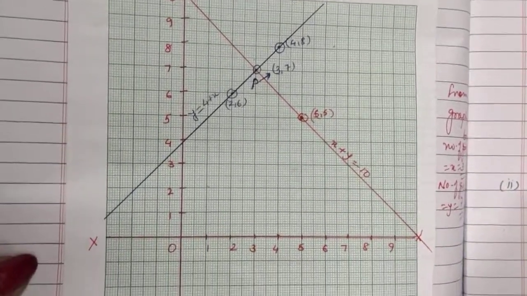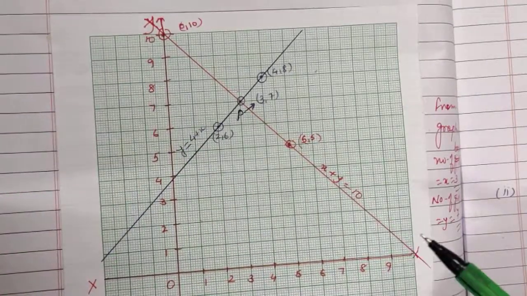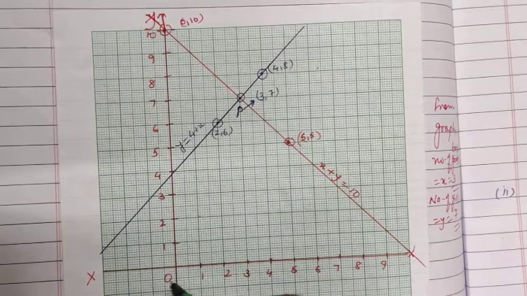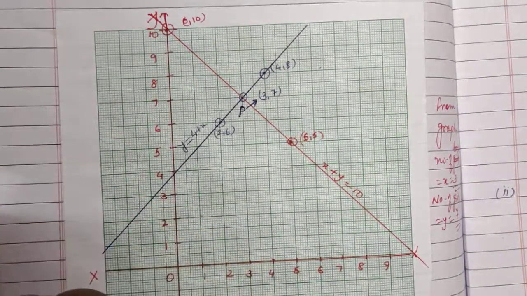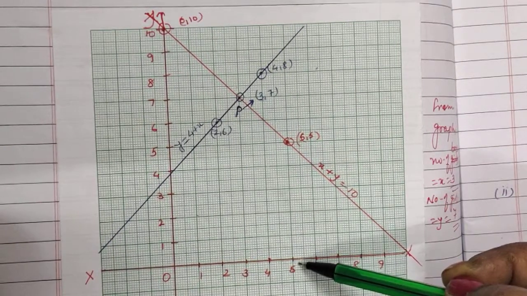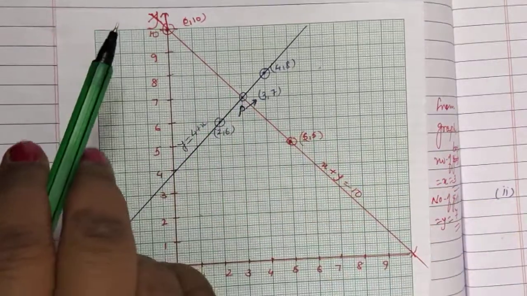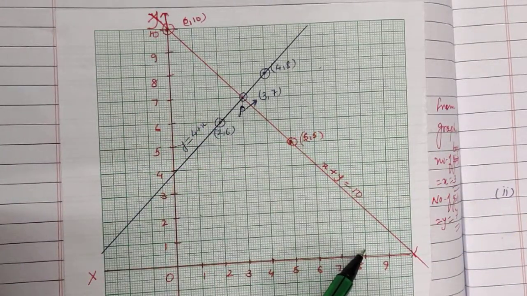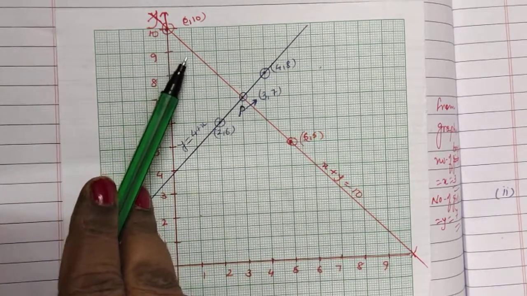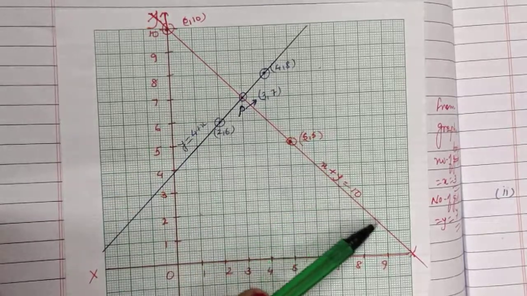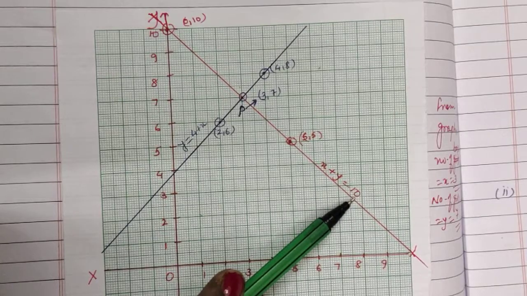So now I have drawn the graph. You can see here. For the first equation, it was 0, 10. So I have taken 0, 10 and plotted it here. Then the second coordinate for the same equation is 5, 5. So take 5 from here and 5 from here. It will be 5, 5. So the first equation I have drawn with a red line. You don't have to use a red or blue pen. You have to simply use a pencil. So here it is 5, 5. So I have drawn a graph for this equation and I have written the equation also on the graph. x plus y equals 10.